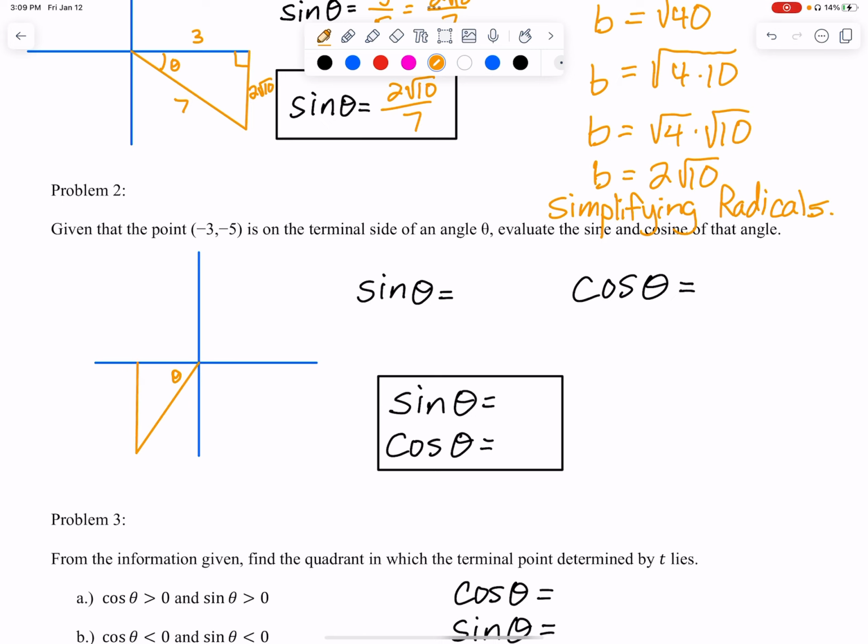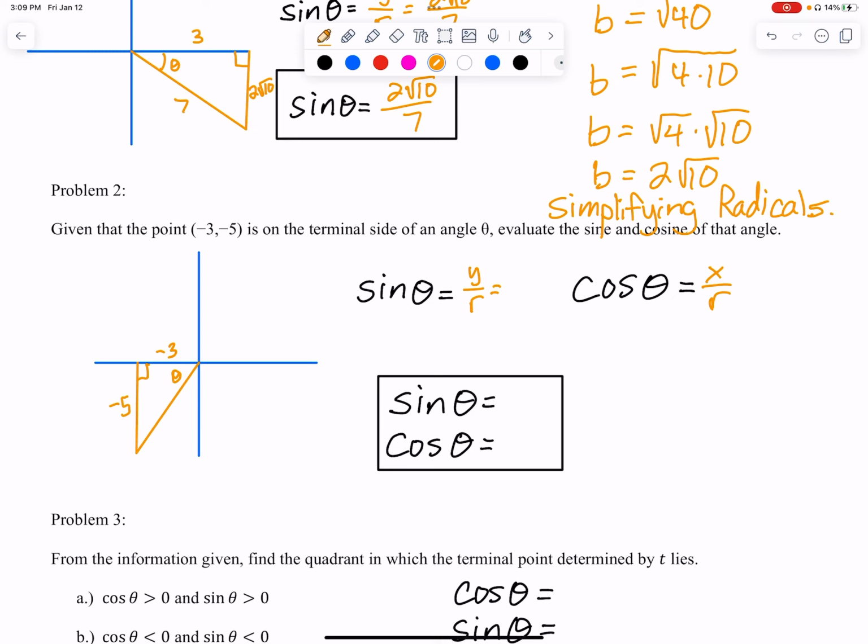Right, there's my triangle. It's pretty straight enough. Okay, and we know that this side is a -3 and this side is a -5. And they want us to find sine and cosine. So remember, sine is y over r, and cosine is x over r. Well, we don't have r in this case, but how we can find r is just use the